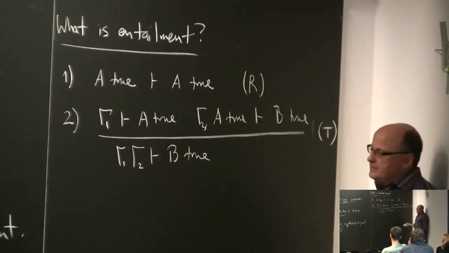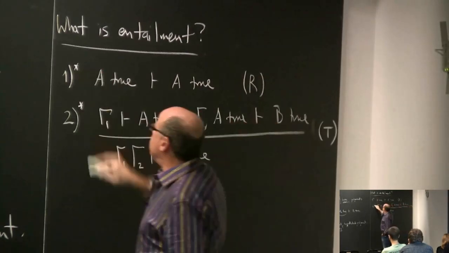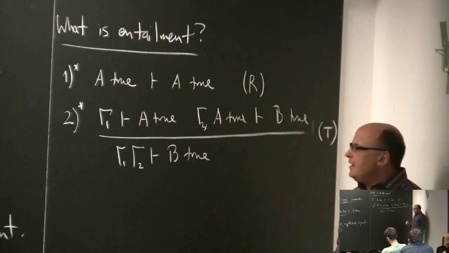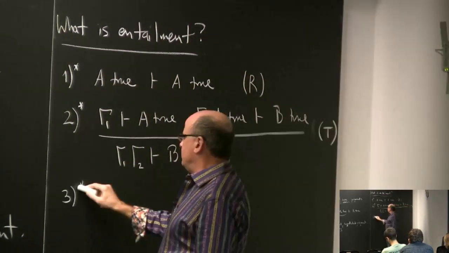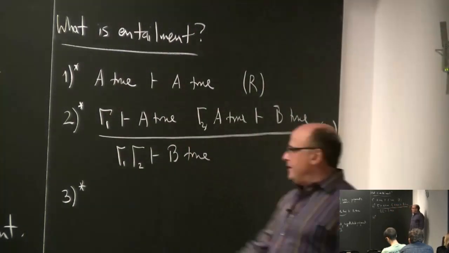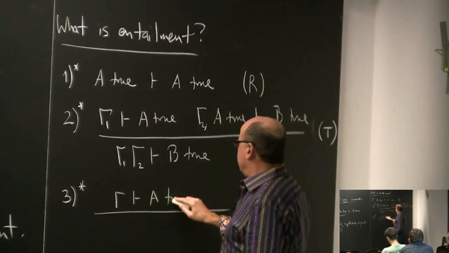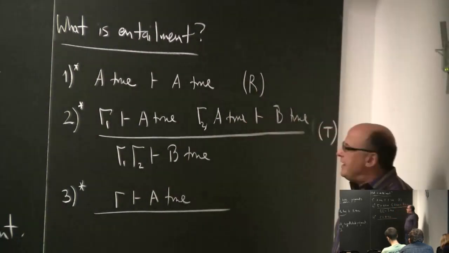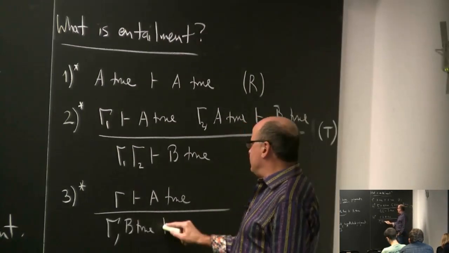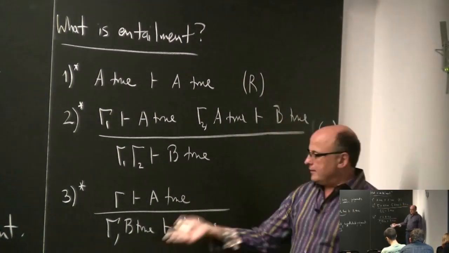Now, there are three other properties, and I can put stars here. I think of these as indefeasible. These are principles you can't possibly deny. There are a few others which you could deny, but for our purposes, we are going to stick with them. And they are the following. A simple one is, if I prove A from a bunch of assumptions, I can, for the hell of it, think of it as vacuously proved from an additional assumption that's got nothing to do with anything.